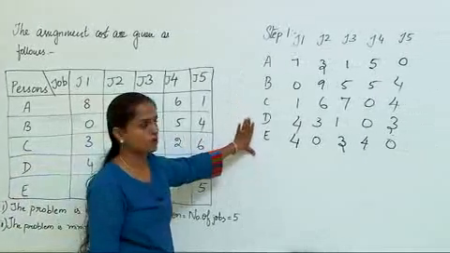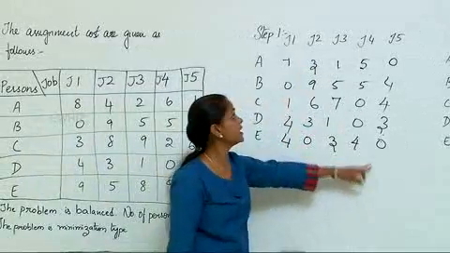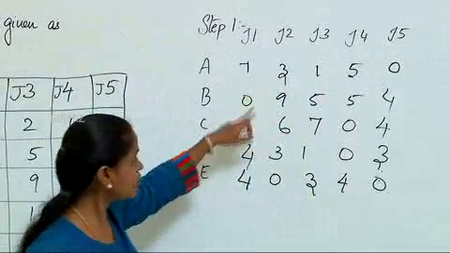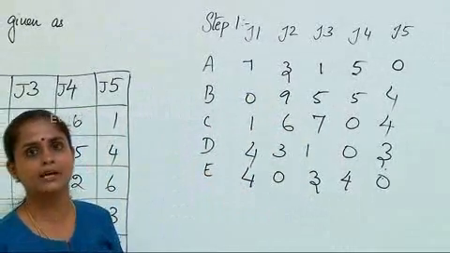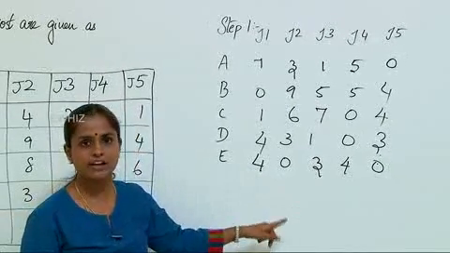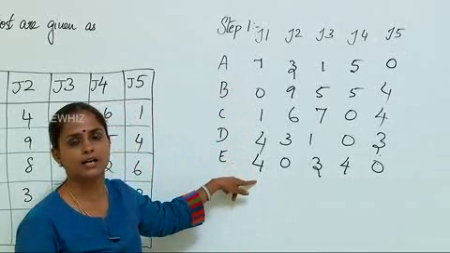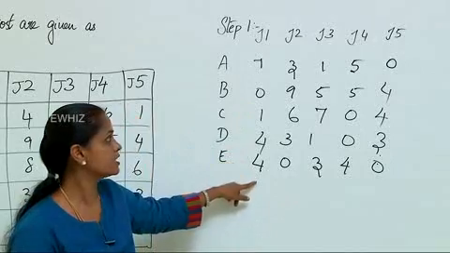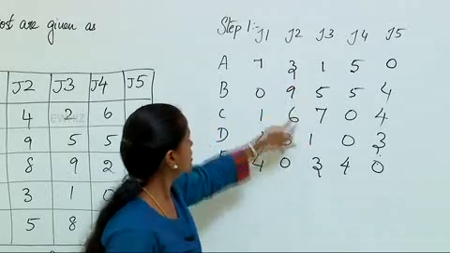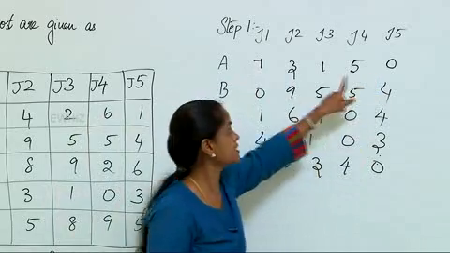So once the first step is over, let us make use of this table. Now you scan the table obtained in step 1 and scan the columns. When you scan the columns, once again check for the same condition, that is, all the columns should have at least 1 zero. If not, redo the same procedure by choosing the minimum entry in that column and subtracting it from the remaining entries. Now when I scan column wise, I think but for the J3 column, the remaining columns have at least 1 zero. So you can copy the entries as they are.